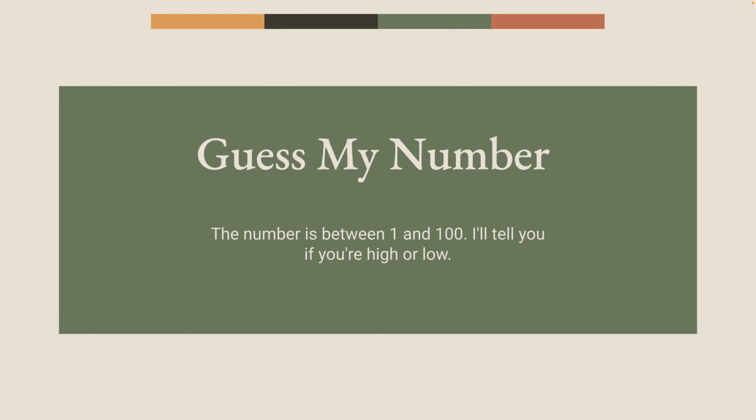The ideal start wasn't 12. What would the ideal start have been here? 50. How did we get 50? It's right in the middle. Yeah, every time we make a guess, we want to split our search in half. So we guess 50. If it's greater than 50, what would the next ideal guess be? 75. 75. So each time, and let's say it was less than 75, we keep trying to shrink our search